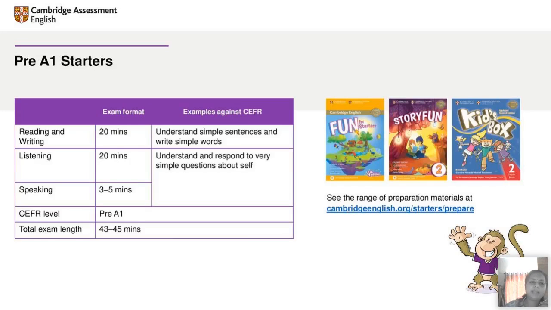Now, what do we assess or what do we look for in reading and writing skills? We're going to look at a few sentences and you will be able to relate to them better. So something like, what color is the ball? And the candidate has to say the ball is red. We're not looking at even a complete sentence. It's a simple sentence. The ball is red. Where is the pen? The pen is on the table, or something like that.